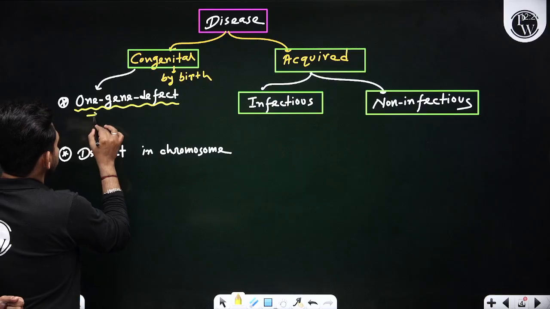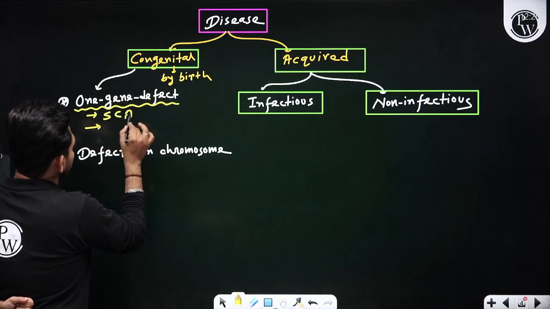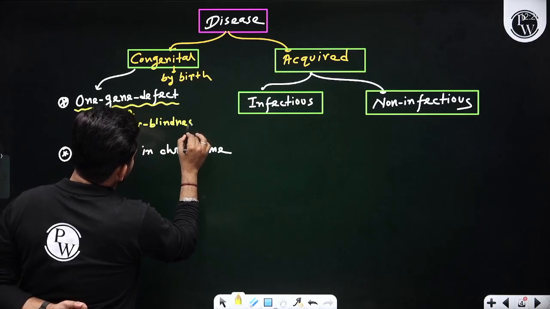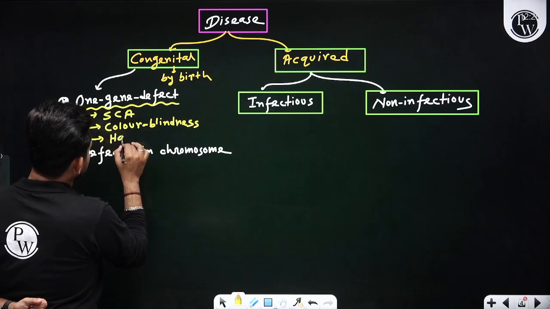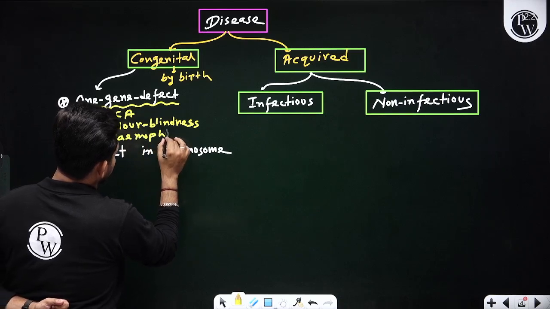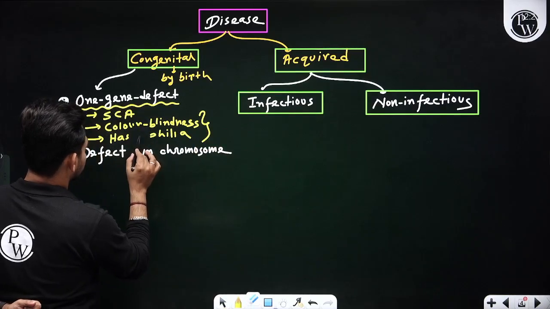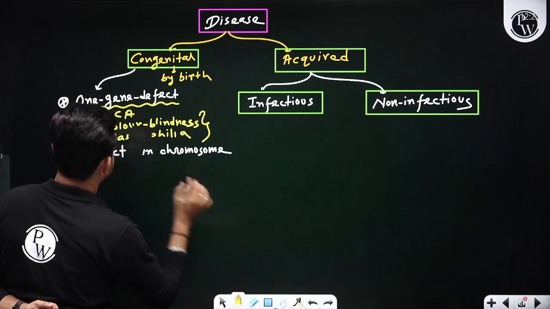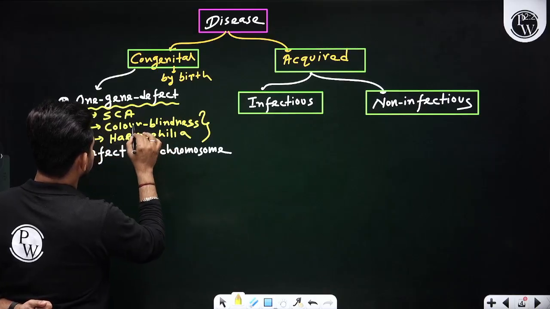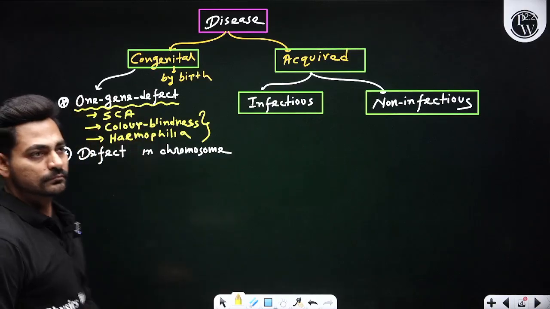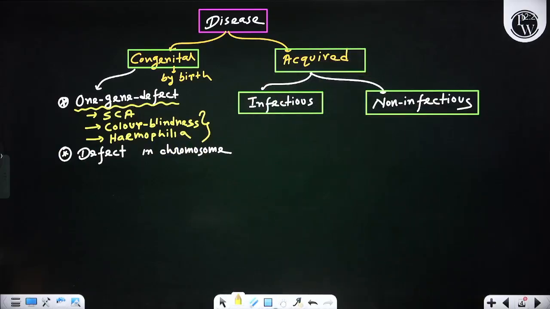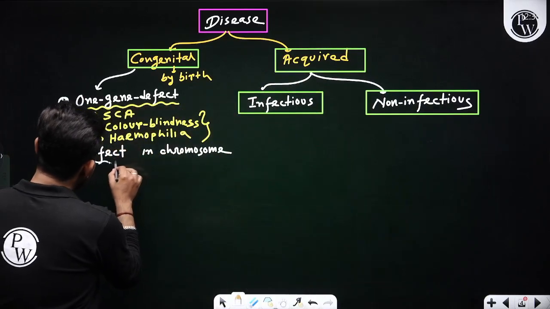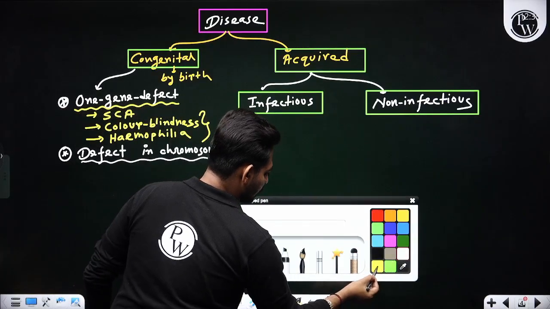Such examples are sickle cell anemia, color blindness, hemophilia, and if we talk about chromosomal aberrations or defects in chromosomes, a few conditions like Down syndrome,